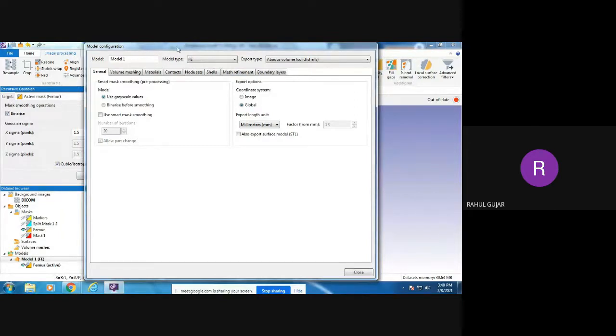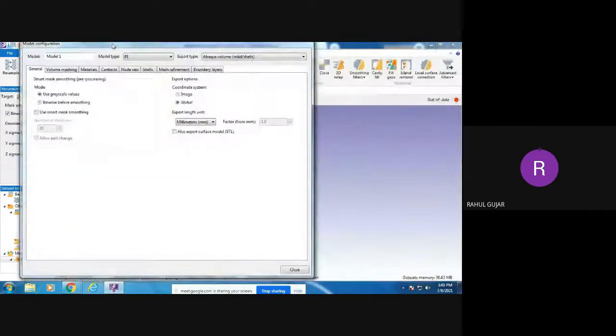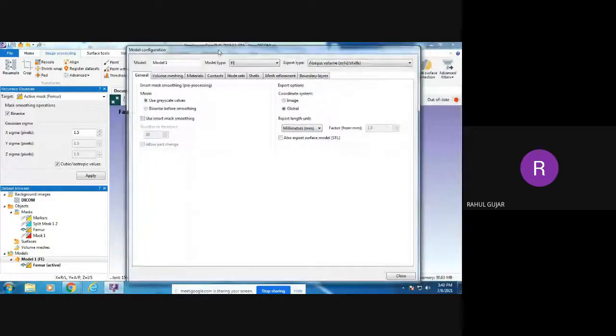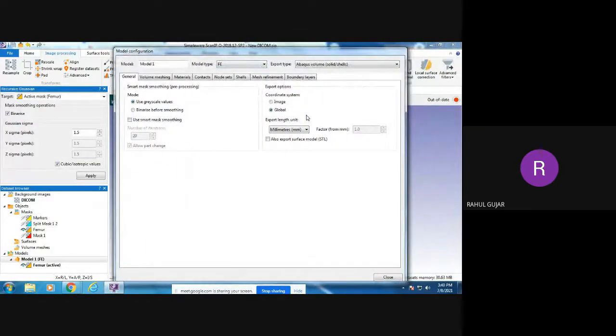Coordinate system: there is always a coordinate system for your 3D model, image coordinate system and global. Generally we select the global coordinate system when we convert into the FE model. Here you can see the number of extensions like FE, surface, CFD, NURBS, physics model. As I told you, I will create the finite element model. There are a number of export types also available.